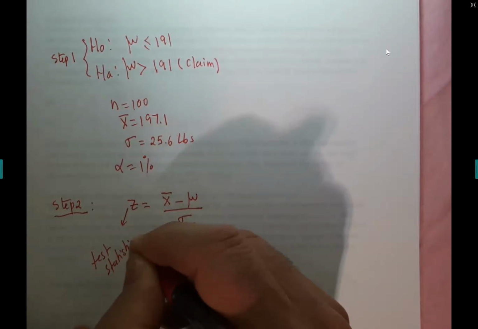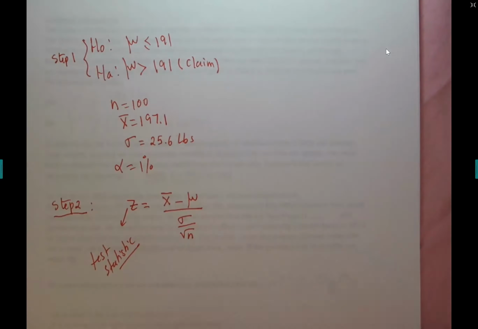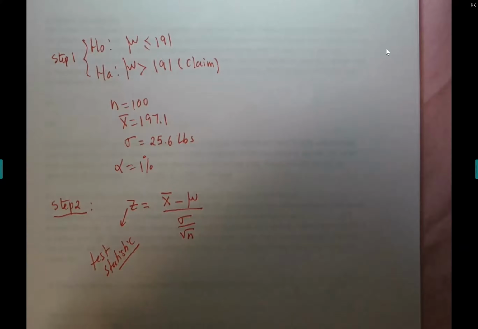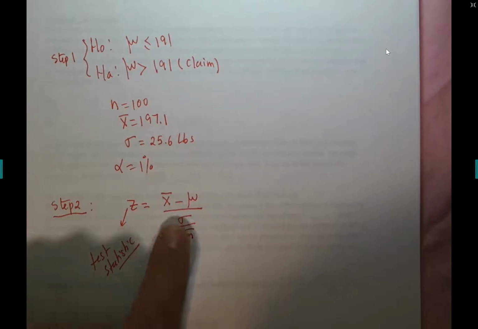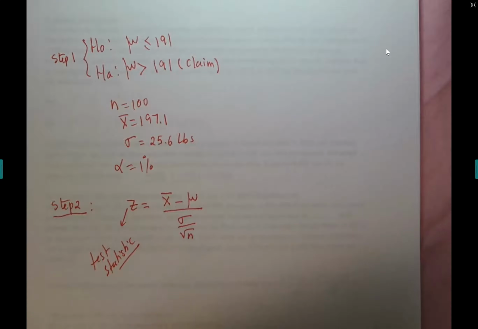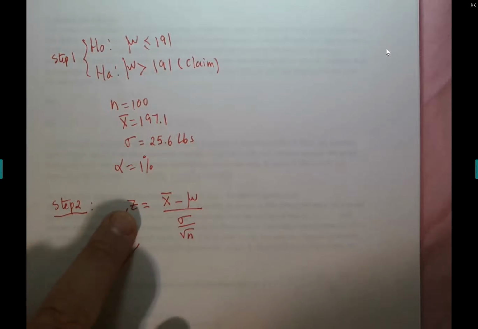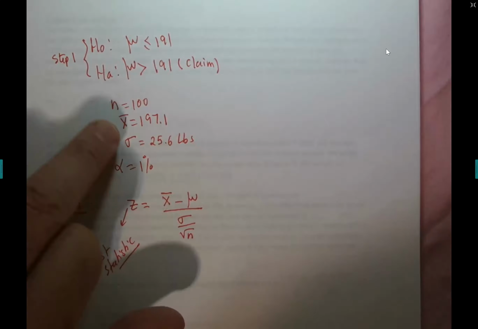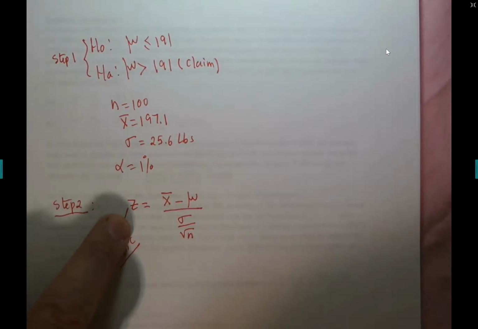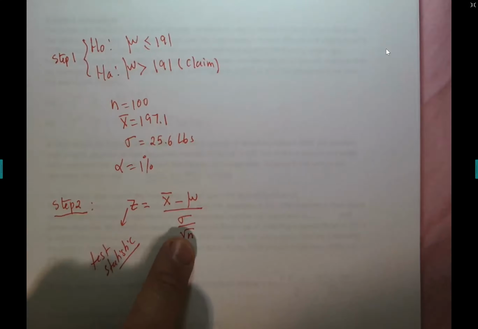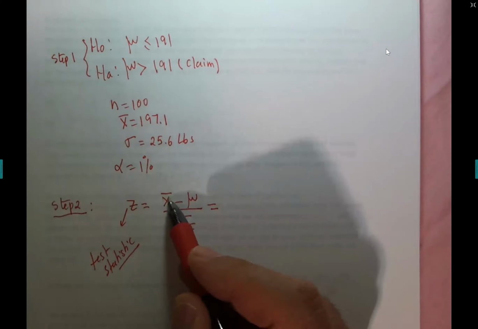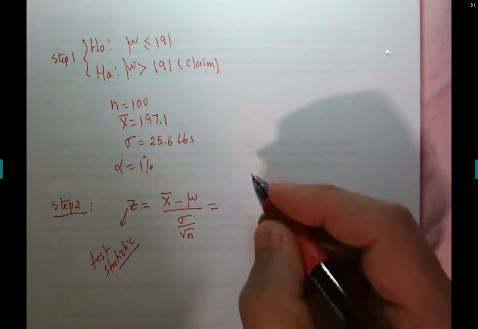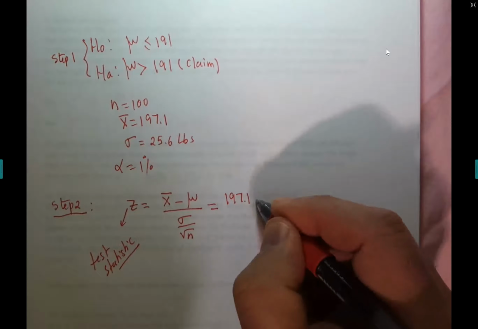I'm going to do it by hand now, but actually later, guys, you don't need to do it by hand. You will be able to use a calculator to compute this. And probably this should give you a clue of why I did those algebra questions and how to compute those values using the calculator. So the second step is to find what we call the test statistic. So converting this value x bar to a z-score. And this is the formula that we use to convert the value. And let me show you how to convert this value right here. X bar, guys, is 197.1. So you put 197.1 minus.